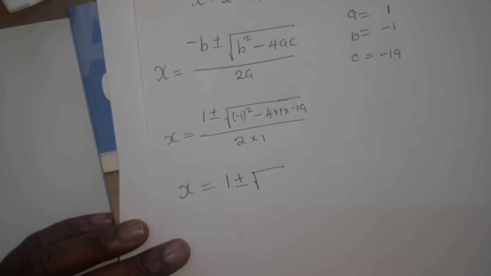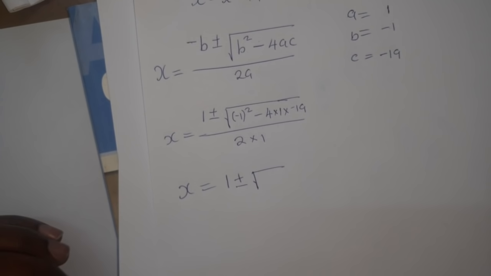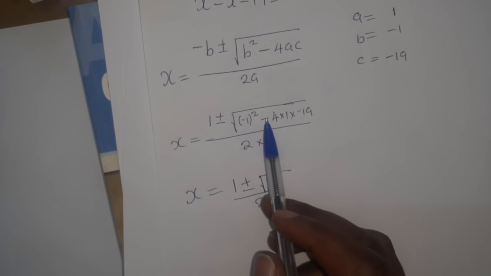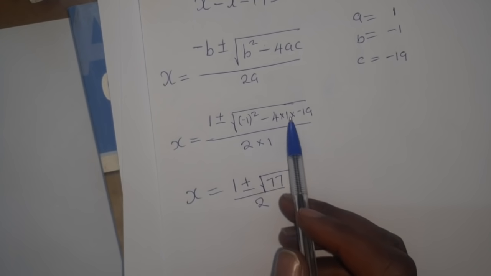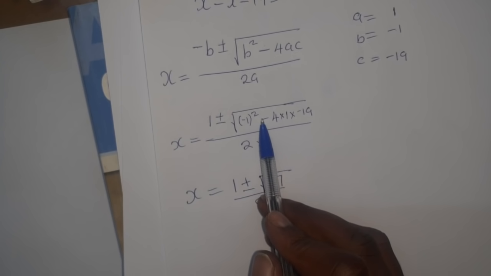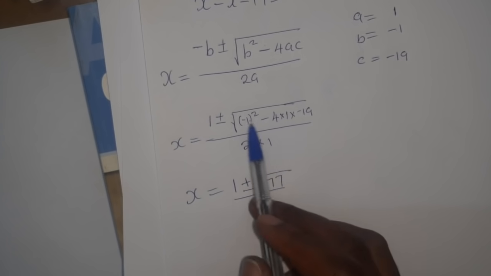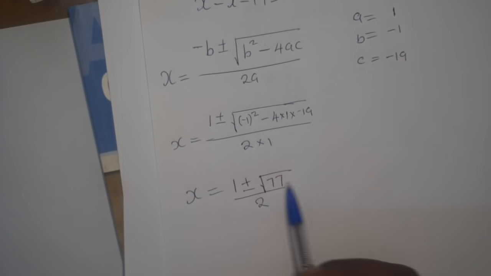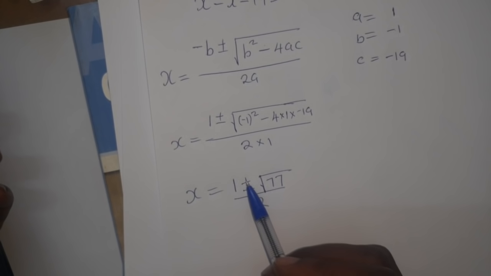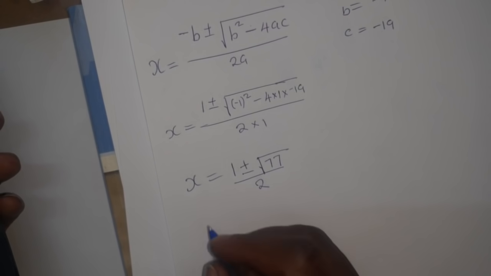you work out everything that is in the bracket here and you tell me what we are going to get. Okay, so when you multiply this one, then do the minus and you also multiply this side, you find that this minus and this one, they'll give you a plus. So you actually be adding here, and you are going to get 77. Then from this point, you know that because of the plus and the minus, we're going to get two values of x. So to get the first value of x,